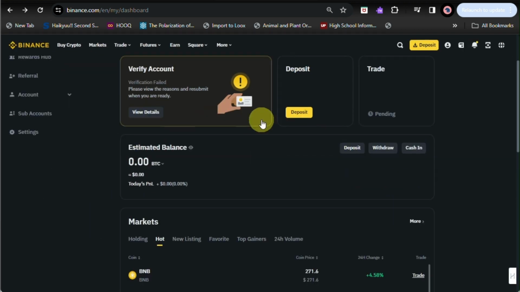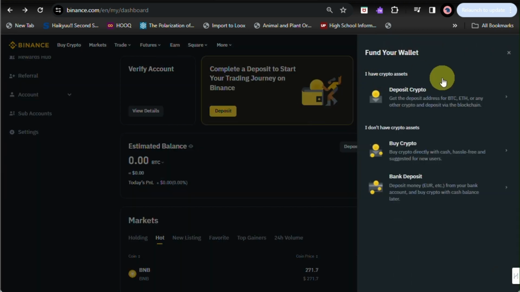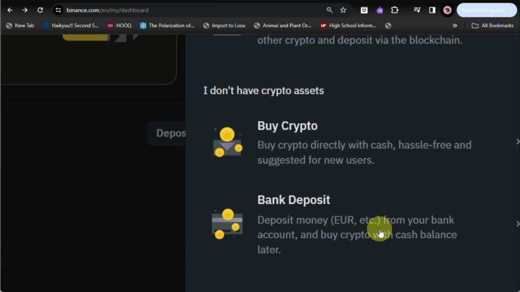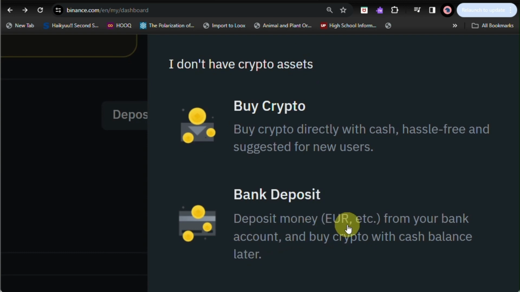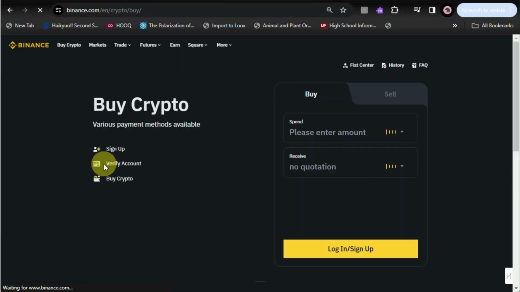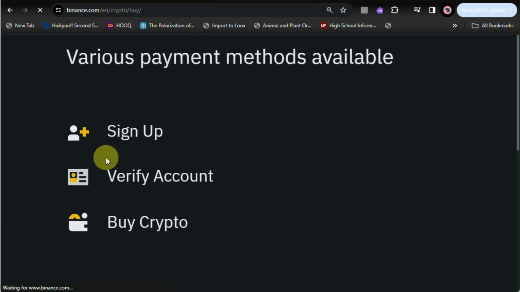Another option here is that if you have no existing cryptocurrency assets, you can actually buy crypto. You can directly buy it with cash, which is hassle-free and very recommended for new users as well. Another option here is bank deposit, wherein you can use your bank and buy cryptocurrency with your cash balance later. So if you click on buy crypto, the first 3 steps are sign up,